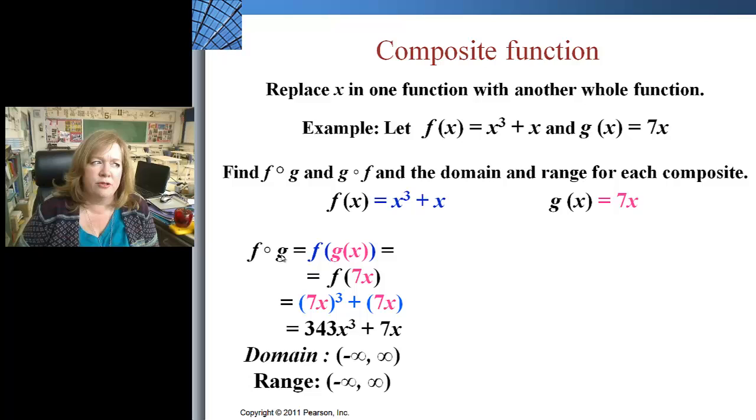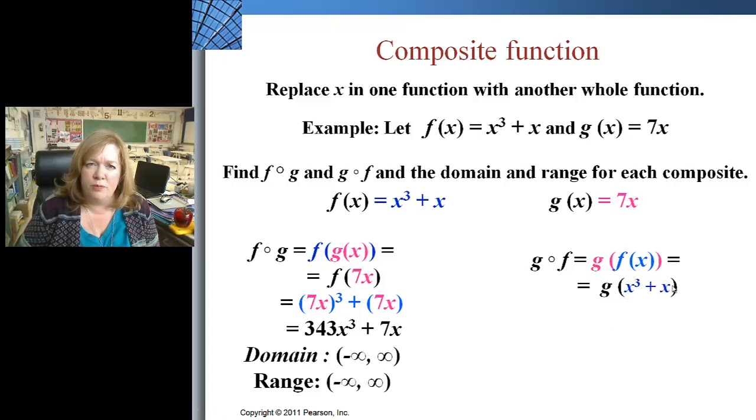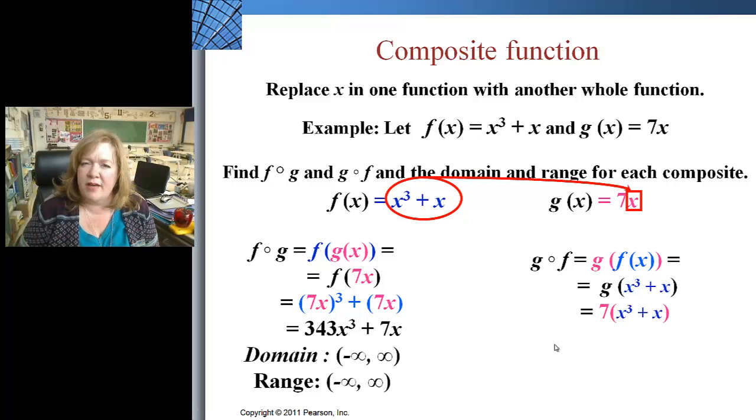So this time we're going to do g of f. That means we're going to take this whole function and replace x in g with x cubed plus x. So g of f is g of f of x, and we're going to have g of x cubed plus x. And so we're going to take all that whole thing and put it in place of the x over on the other one. So instead of being 7x, it's going to be 7 times this whole kahuna here. So you're going to end up with 7 times the quantity x cubed plus x, which simplifies to 7x cubed